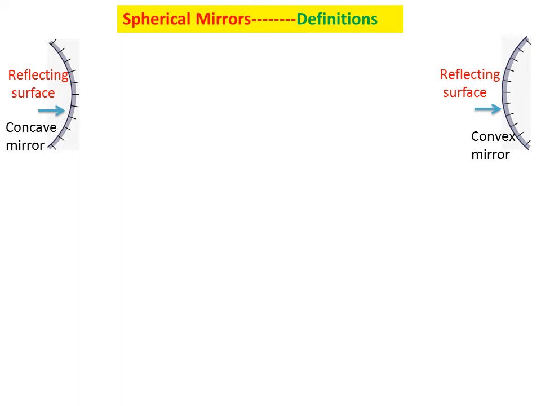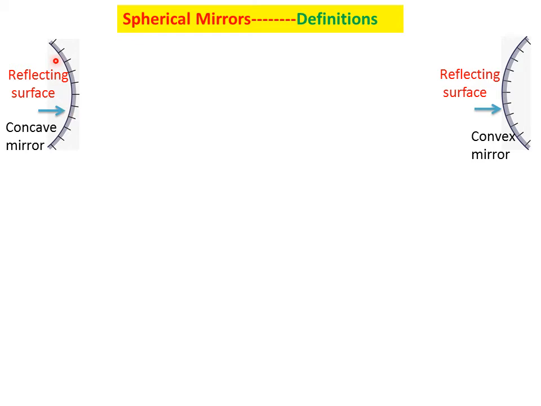What are spherical mirrors and what are the definitions in connection with spherical mirrors? Spherical mirrors. Consider a hollow glass sphere being cut by a plane like this or like this. The section cut by the plane forms a part of a sphere,